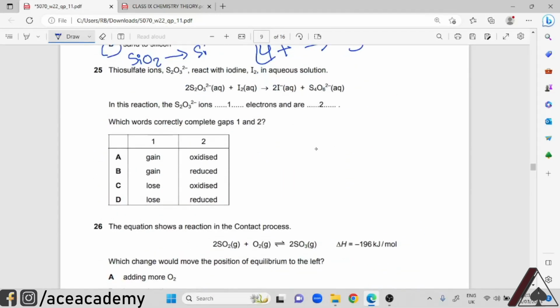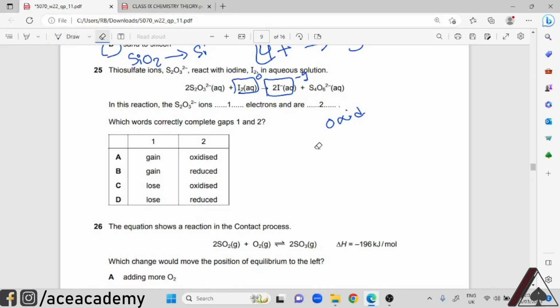Question 25 says, thiosulfate ions S2O3 2- react with iodine I2 in aqueous solution. This is the equation, and in this reaction the thiosulfate ions dash electrons and are dash. Which words complete gaps 1 and 2? We know that iodine over here is reduced from 0 oxidation state to -1 oxidation state. As a result, thiosulfate ions are acting as reducing agent, so they are oxidized